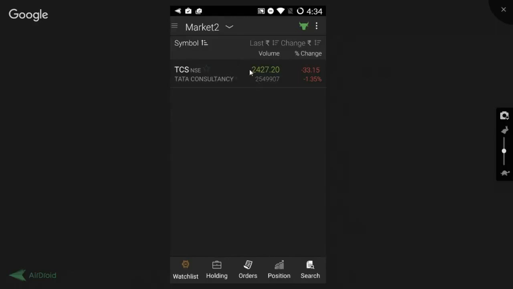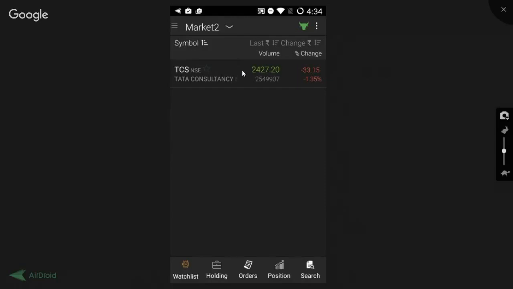So this was a volume of the stock that has been traded today. It also gives us a percentage wise change and a price wise change. So again, not to cause confusion, it is with respect to yesterday's closing price. And if it is in decline, it would be seen in red. And if it is in positive upward movement, it would be seen in green. So this was the watch list.